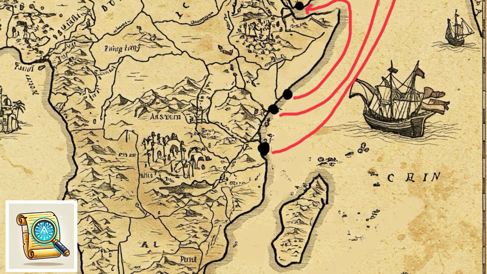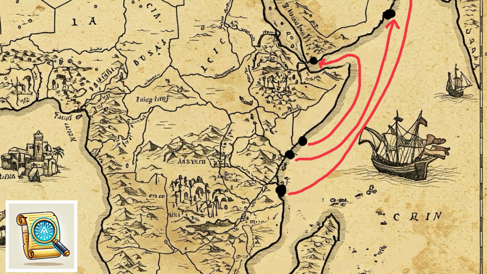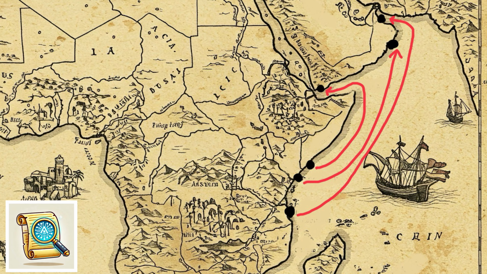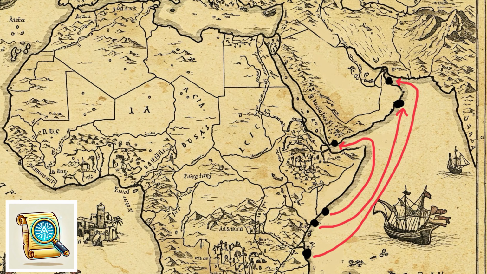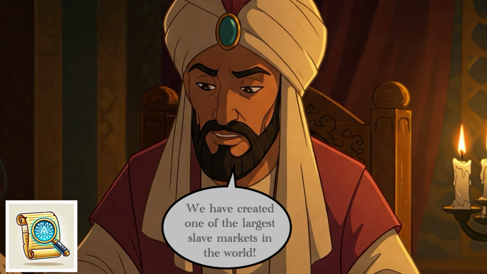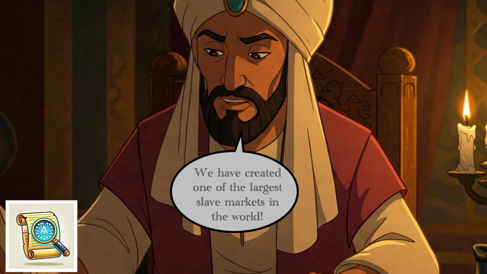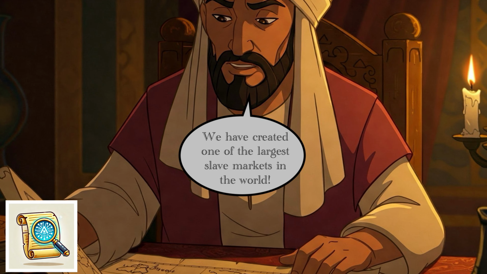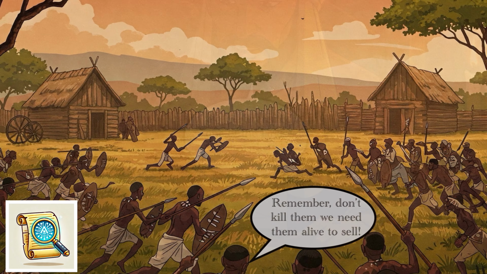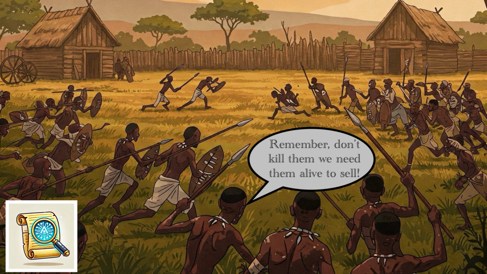The Arab slave trade profoundly impacted Africa. East African regions, particularly along the Swahili coast and in Zanzibar under Omani rule, became major slave trading hubs in the 18th and 19th centuries. Zanzibar, ruled by the Sultan of Oman, was one of the largest slave markets in the Indian Ocean world. The demand for enslaved people fueled conflicts between African kingdoms, led to widespread raiding, and destabilized entire societies.